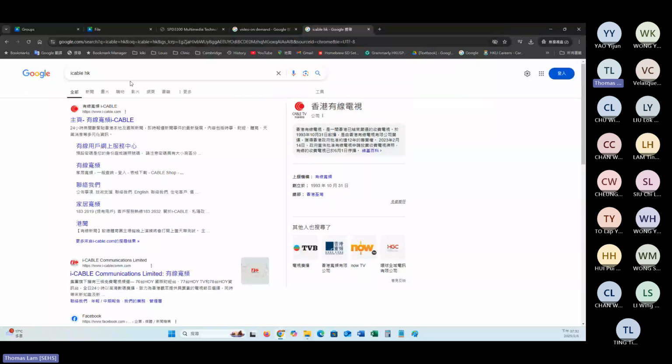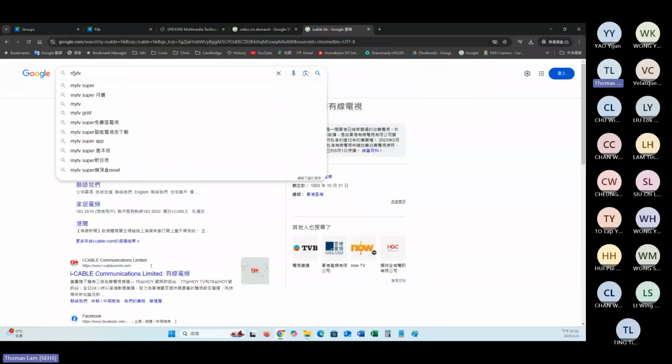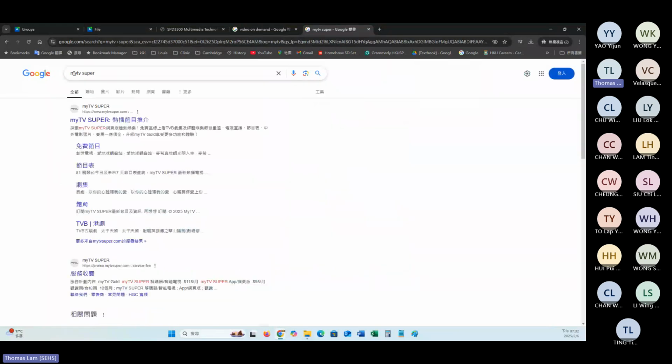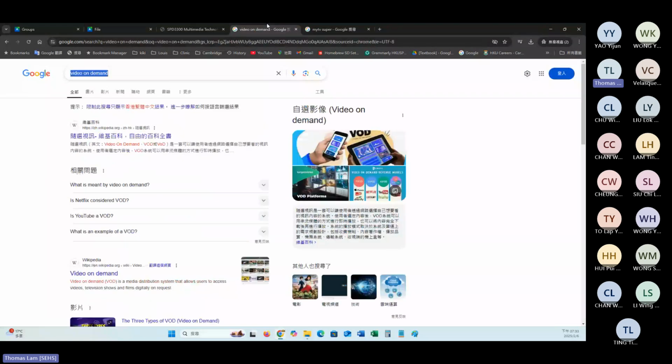But for TVB programs, maybe you still have this subscription, because you may have grandparents who rely heavily on watching this TV program. My TV Super is also a service that allows us to have video on demand.